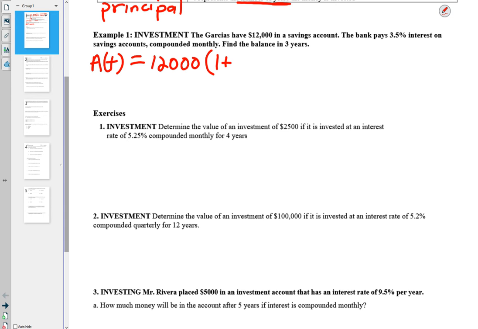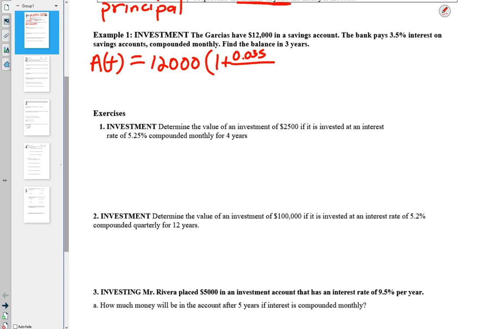What is the rate as a decimal? Okay, what's the rate? As a percent, huh? No, what is the rate of interest? Well, the rate of interest is 3.5%. That's what it is, but that's what I was asking you originally: how would that be expressed as a decimal? 0.035 over